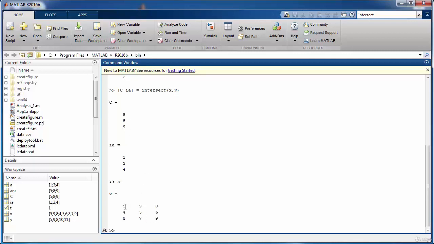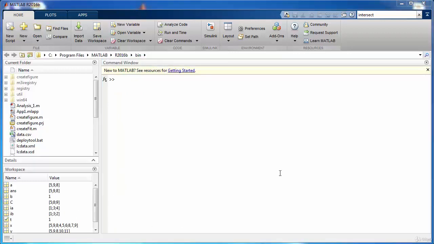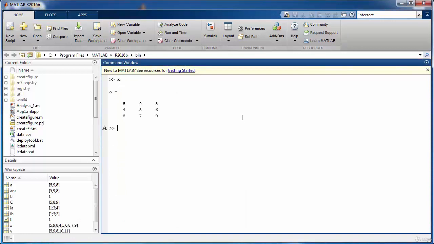The intersection operation can also be carried out on the individual rows of the matrix. If we have a matrix X and another matrix Z, and I am interested in determining the rows that are common to these two matrices, we can specify this by this command, where I used an additional argument, which is rows in this case, which essentially specifies to MATLAB that it needs to operate this command on the individual rows